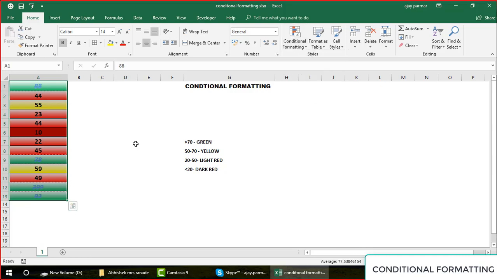Now if you want to check the values, we can put some value here, 88. You can see that my cells are changing, the colors are changing. 7, dark red. If I say 55, the color is changing. This is your conditional formatting, the first step towards the conditional formatting.